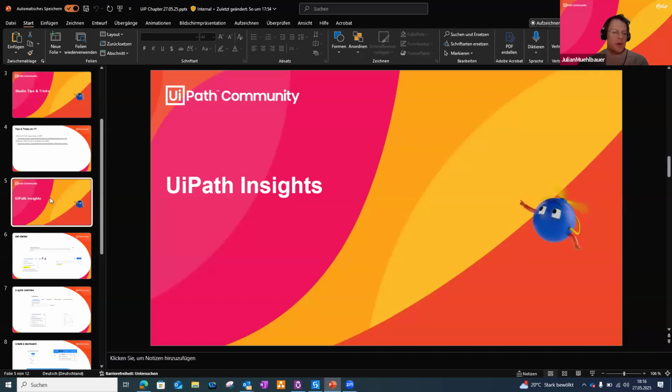I will also give a quick introduction to UiPath Insights and the basics. Later on, I would suggest to you, if you get access to it, play around with it. My goal right now is just to enable you to start playing around with it. So as a first step,